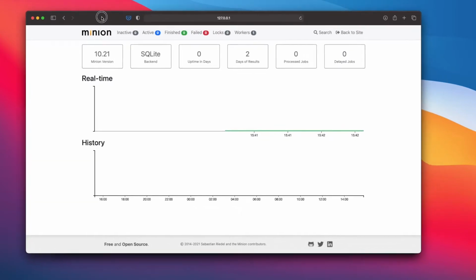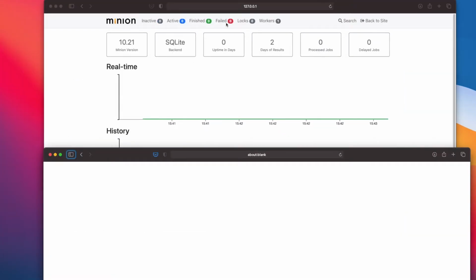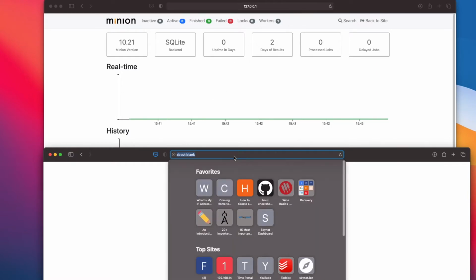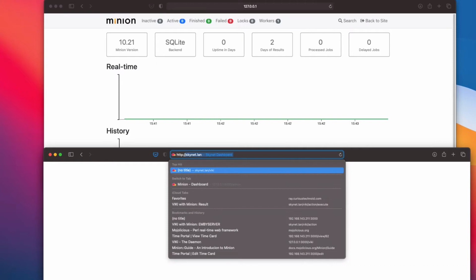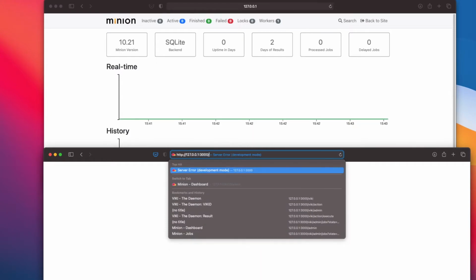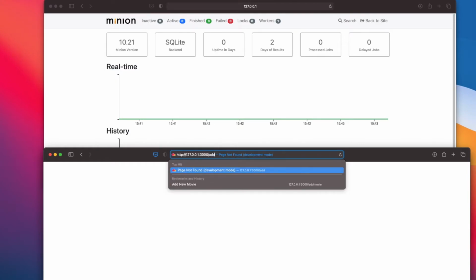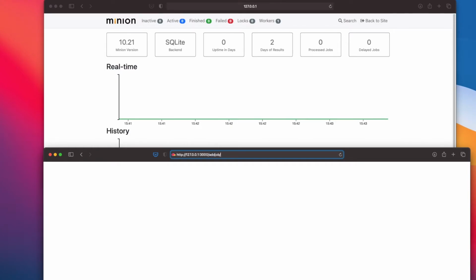Let me quickly create a split screen. We have a Minion admin console running here. Let's go ahead and add some jobs. To add a job, we will access our route /add_job_slow. So if you see, your task has been added.